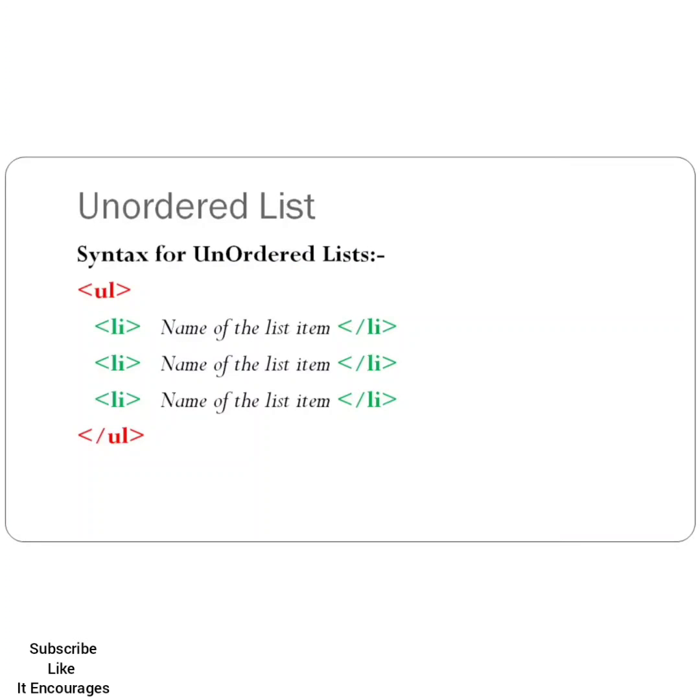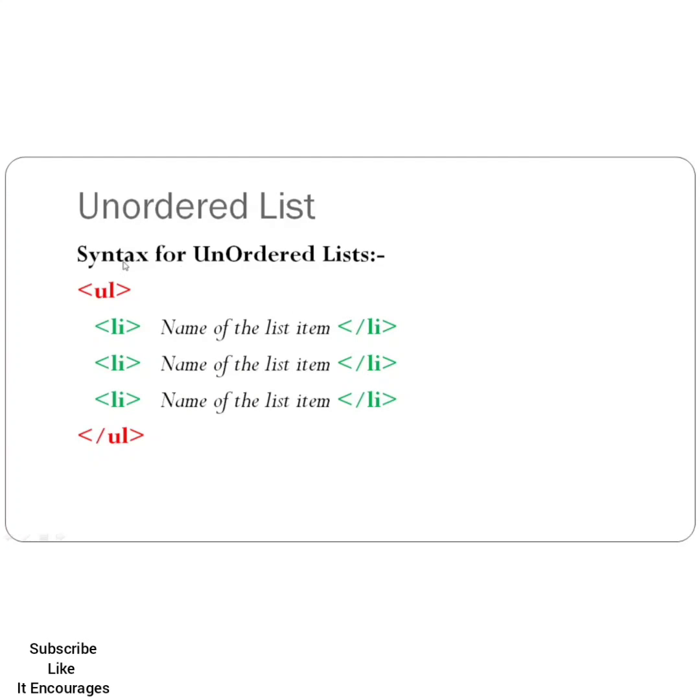Whenever we want to present the data in the form of bullets, then we go in for the unordered list. Now this list will not have any sequence or numbering. It will only present the data in the form of bullets. Now these bullets can be changed in the form of circle, disc or square. The basic reason for using the unordered list is to catch the reader's attention so that he can focus on the points.